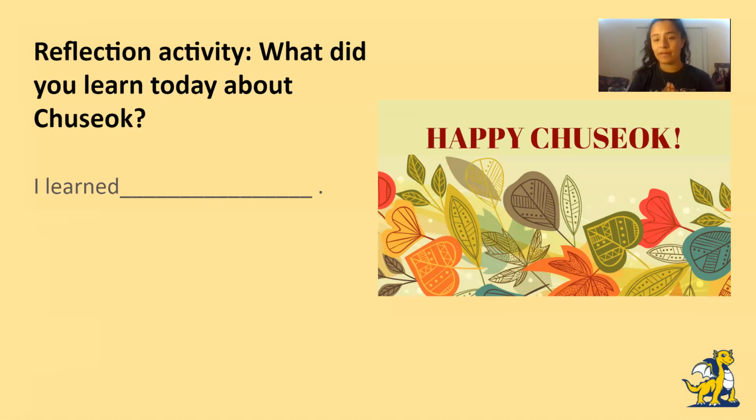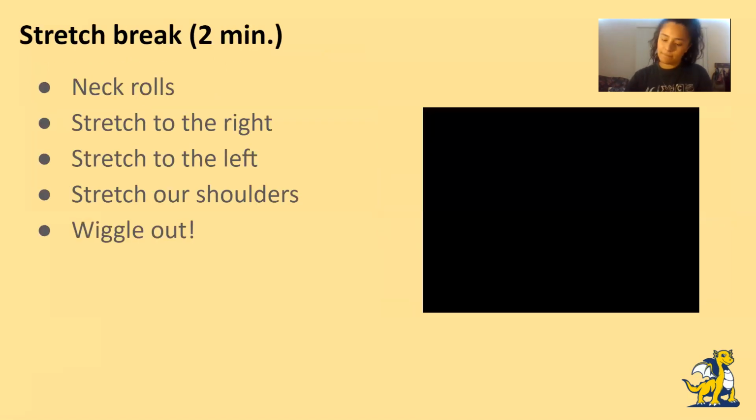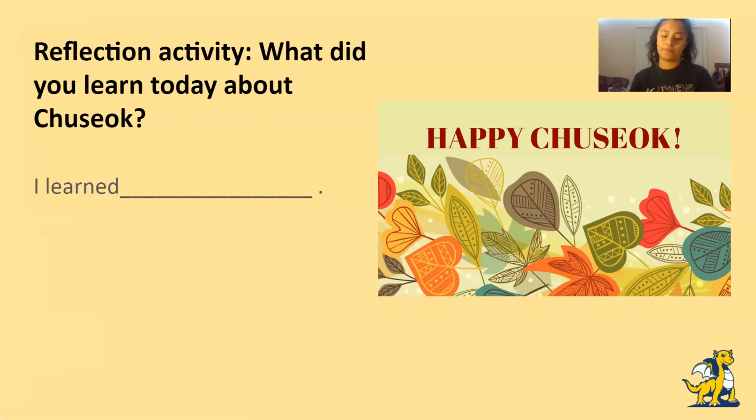Okay, so that you guys have it, because whenever you write something down after you learn it, it stays in your brain. Okay, so I'm gonna give you guys 2 minutes to write down what you learned, but make sure to use this sentence frame, okay? I learned blank, okay? So you're gonna fill in that blank with something you learned about Chuseok, something you learned about kimchi, or something that you learned in this video, okay? So I'm gonna give you guys 2 minutes to write down I learned and then fill it in, okay? So let's get started. Sorry. Okay. I learned